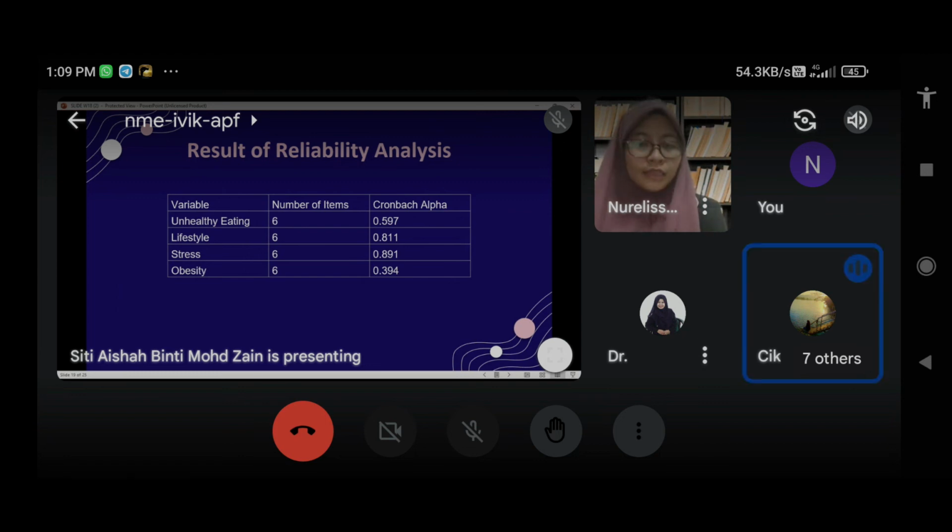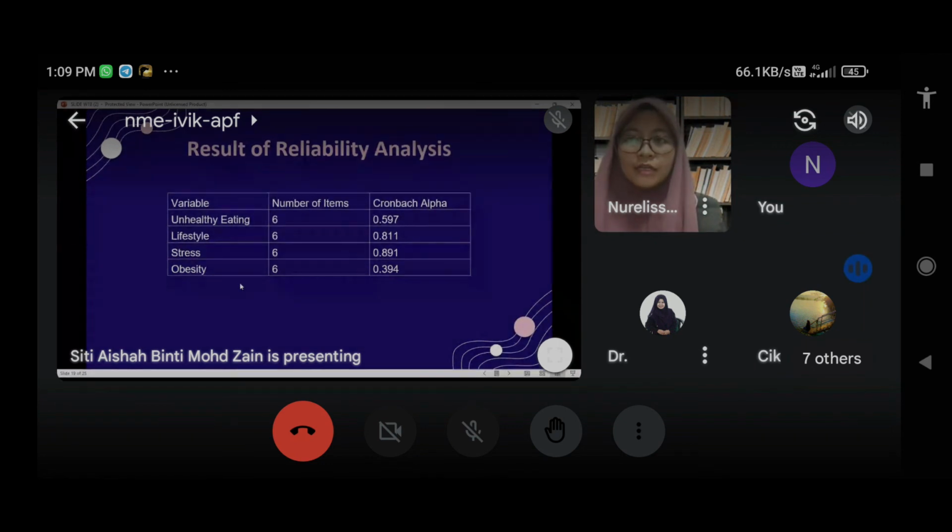Wait, RO1 and RQ1 are not the same. Go back to your RO1. Identify the habit of unhealthy eating with the obesity among students UMK. RQ1: what is the relationship between unhealthy food intake and obesity among students in UMK? Are they the same? I did not notice. Okay, unhealthy eating. So there are RO and RQ, but you did not include them. And then just now you used the word investigate